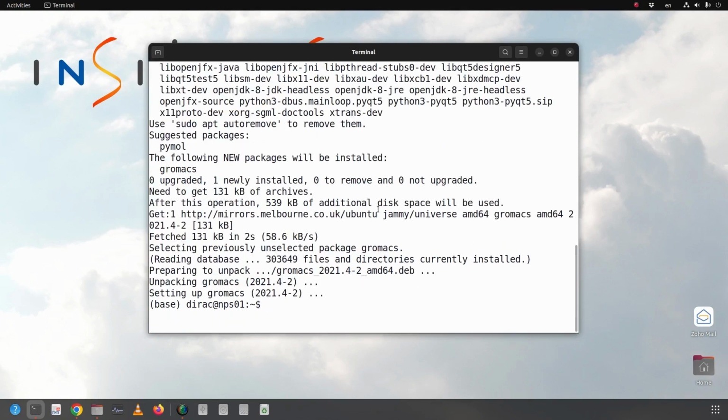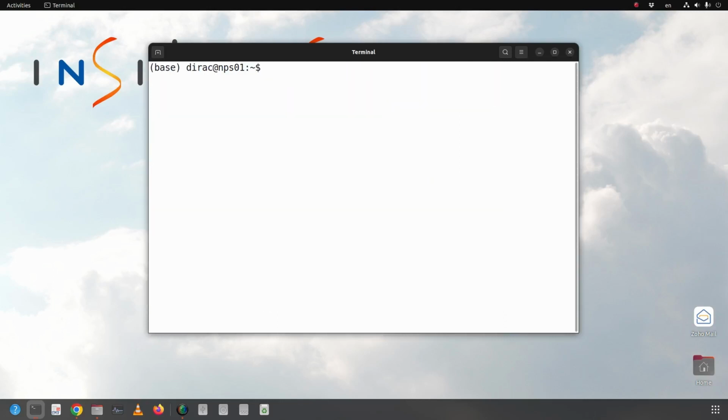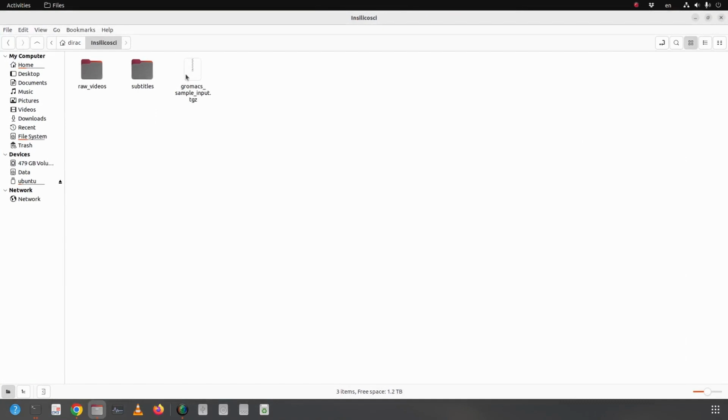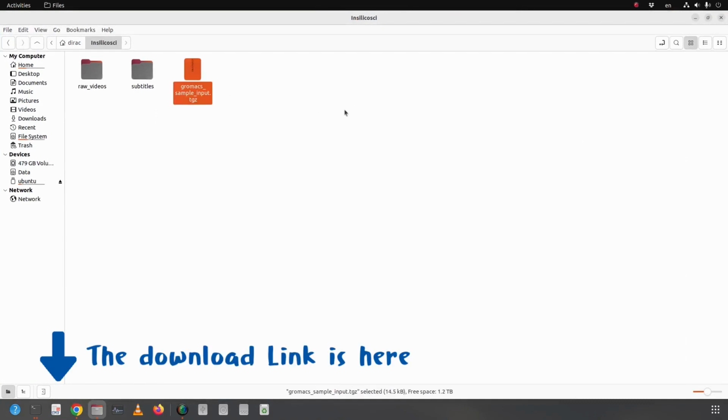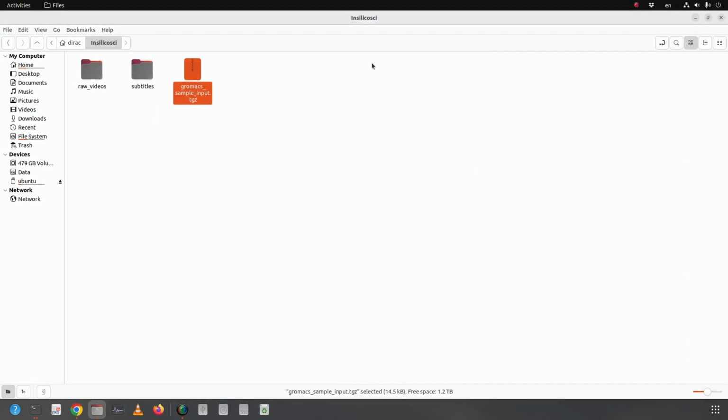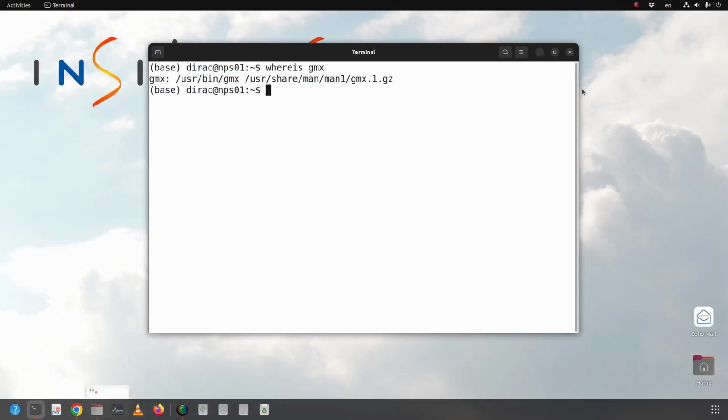Okay, it's done. Now let's test the program by running a test simulation job. But before doing that, I just want to check where the GROMACS binary has been installed. And it shows that it's in the usr bin folder. Okay, you can download the file from the link in the description box, and it's a TGZ compressed file. So first, let's extract the file.